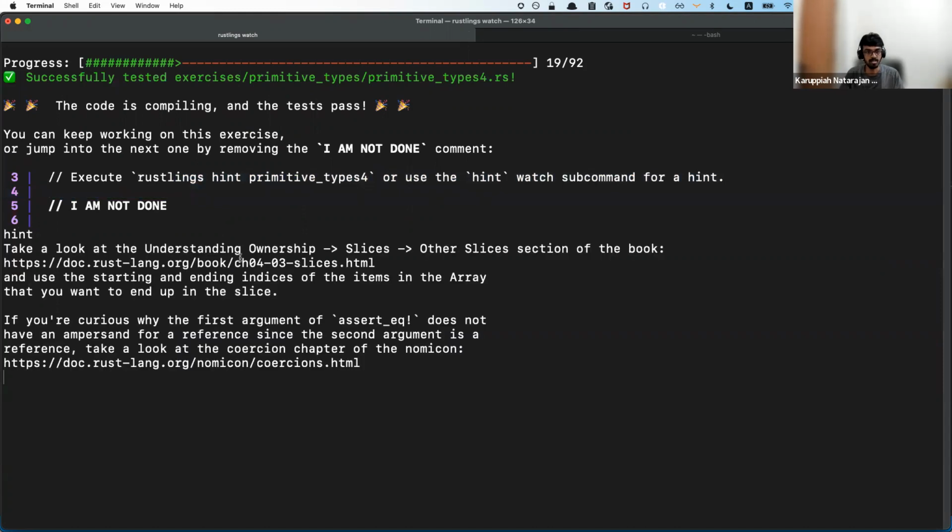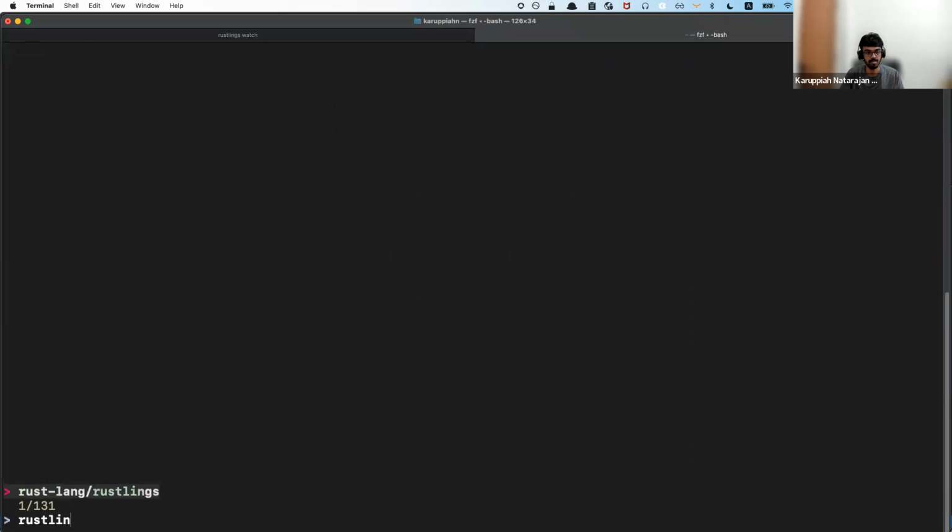Take a look at the Understanding Ownership, Slices section of the book. And use the starting and ending indices of the items in the array that you want to include in the slice. If you are curious why the first argument of the assert does not have an ampersand for a reference, since the second argument is a reference, take a look at the coercion chapter of the Nomicon. Okay, I don't know what that is, but you can go ahead and check it out. I'm guessing there might be some interesting things in even Rustlings' hint,